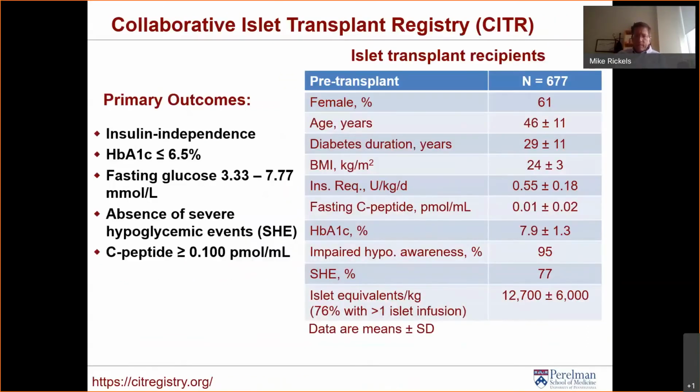The Collaborative Islet Transplant Registry has been established by the NIH and with support from the Juvenile Diabetes Research Foundation to follow prospectively those islet transplant recipients who've received cell therapy in North America, Australia, and Europe, and evaluate as primary outcomes those individuals who attain insulin independence, near